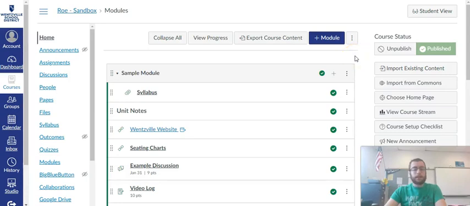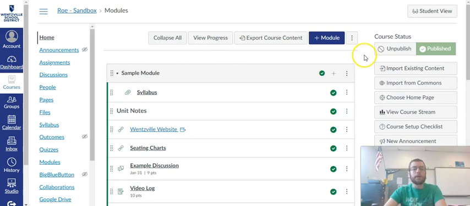Today we're looking at Canvas quizzes. This is Canvas's way of giving different kinds of assessments. You can use it as a formative or summative assessment, but they're essentially how you give students questions, they get to answer them, and then Canvas has ways to automatically grade them or for you to go in and manually